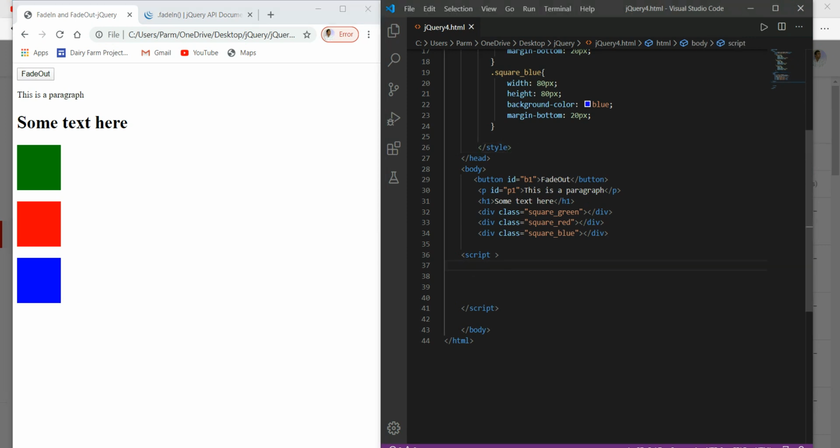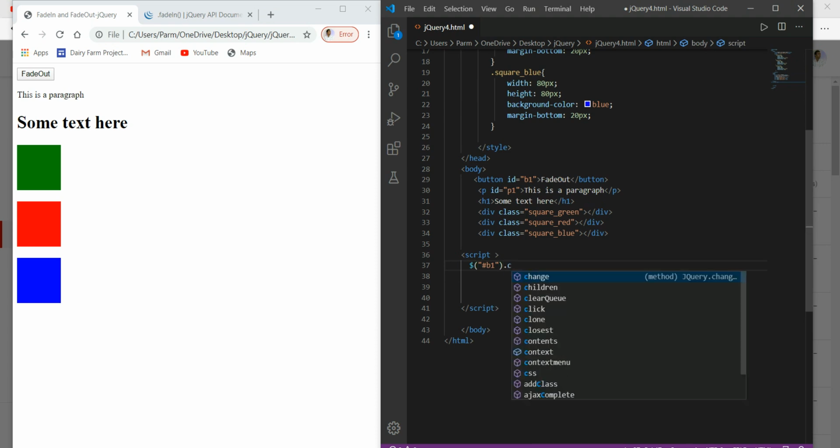So here I go with the dollar symbol, and the event ID we have to give over here as hash b1, and the event to this is click.